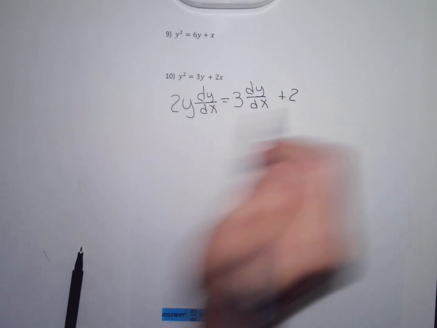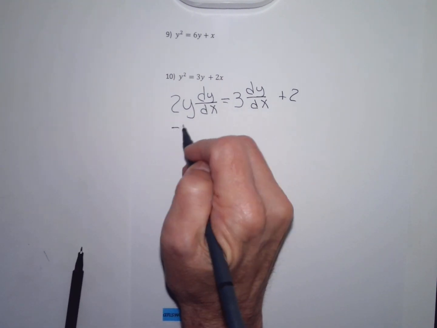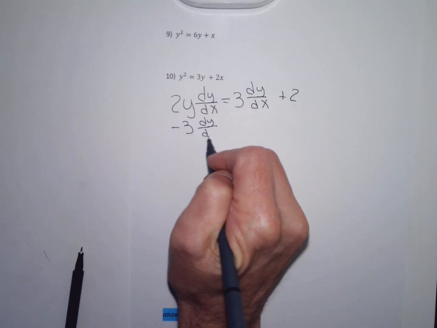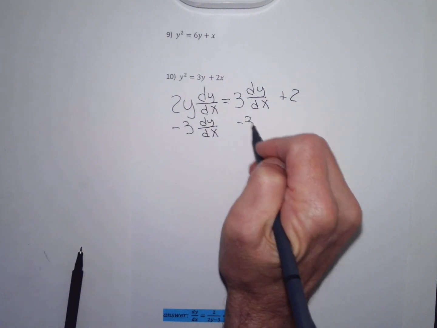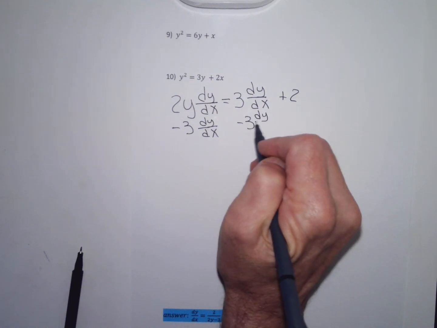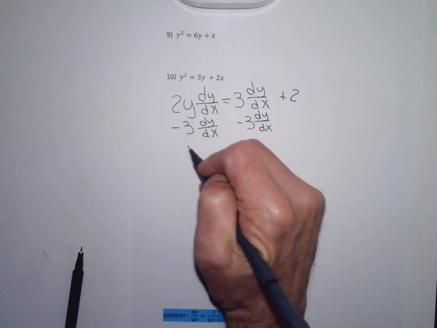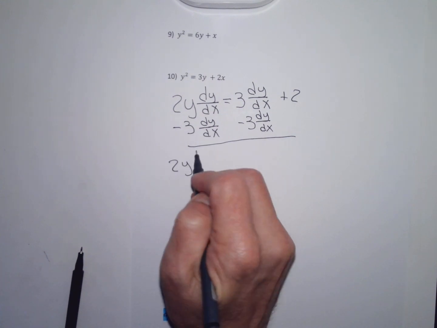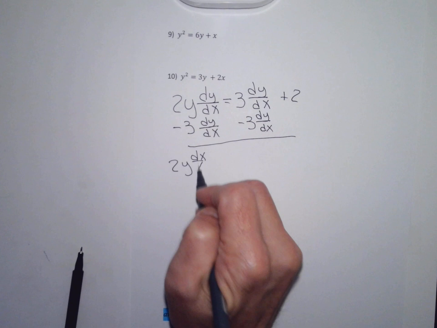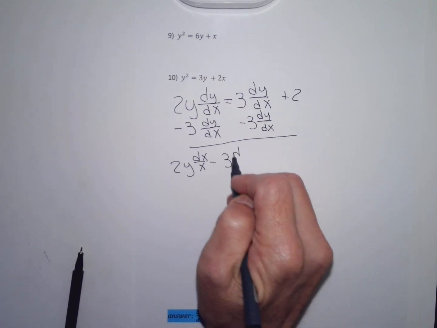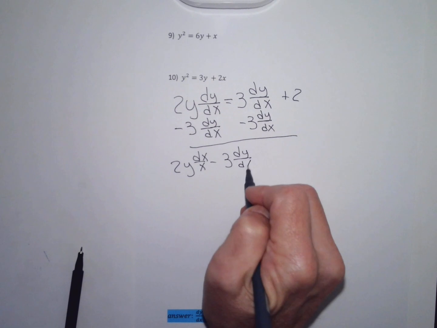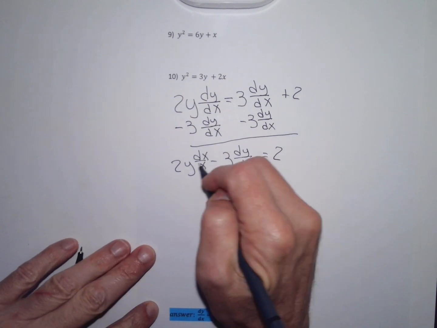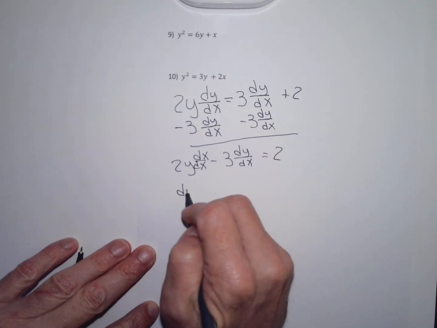I need to solve for dy dx, which means I need to get the dy dx's on the same side of the equation. I can't have them on opposite sides of the equation. I'm going to get them on the same side, and I'm going to factor out the common factor of dy dx like I did in the last few problems. So this is going to give me 2y dy dx minus 3 dy dx equals 2. Now I can pull out the common factor of dy dx